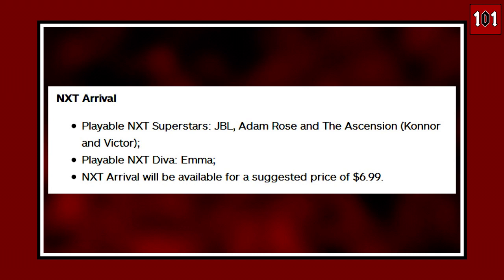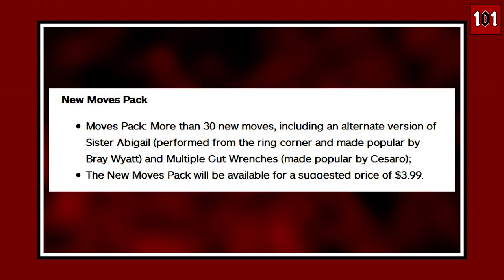Next up, we've got the NXT Arrival DLC pack, and playable NXT superstars are going to be including JBL, Adam Rose and The Ascension, which is of course Connor and Victor. It's also going to be featuring playable NXT Diva Emma, and that DLC pack is going to be available for $6.99. And the final DLC pack is not going to be featuring any more superstars, but this time we've got